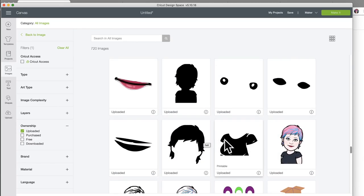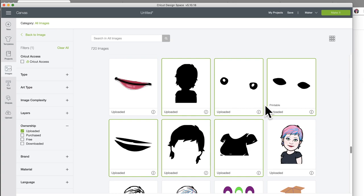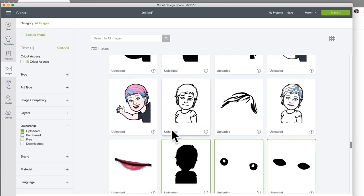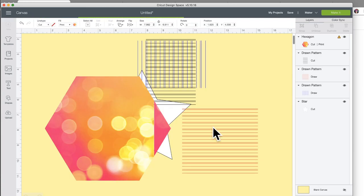So here's my hair, my shirt, my lips, all fit. And my eyes even. There's my lips as print and cut. And those all fit into this one. And that one maybe too. So if I insert all these,